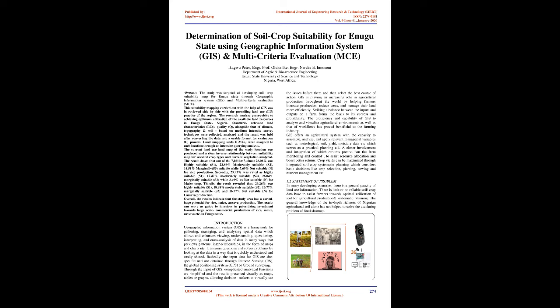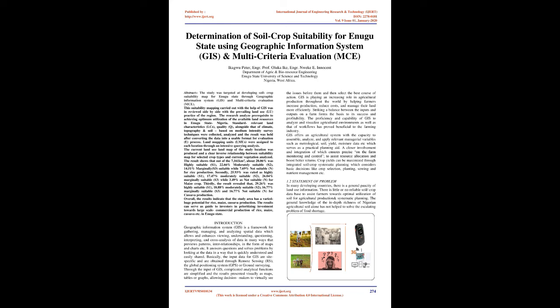Overall, the results indicate that the study area has varied huge potential for rice, maize, and cassava production. The results can serve as a guide to investors in prioritizing investment towards large-scale commercial production of rice, maize, cassava, etc. in Enugu State. Introduction. Geographic Information System, GIS, is a framework for gathering, managing, and analyzing spatial data which allows